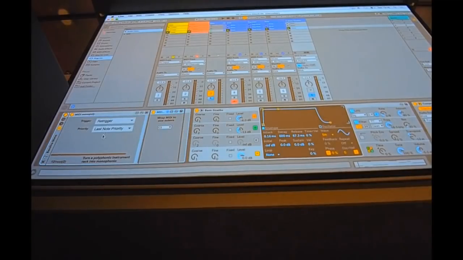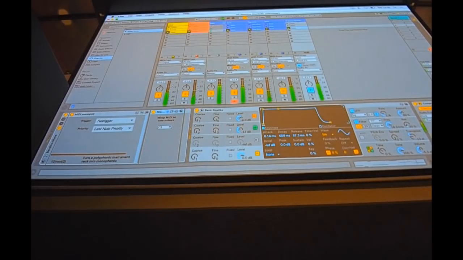So now if we play this bass, now you hear it's not as powerful in every note, but if I turn it on, it has bottom end for every note. And therefore I can play around with my melodies and still have that bass line follow whatever melody I play.